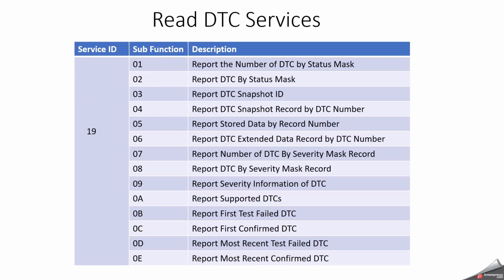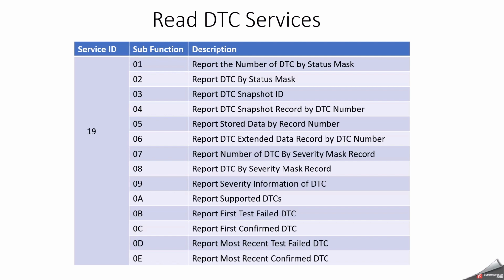As you all know, the 19 service is commonly used to read DTC. Basically, for DEM relevance, we can use 3 services. One is the 14 service, for clear DTC. The 19 service is for read DTC. You can use the 85 service for controlling DTC on and off. Here I have mentioned the 19 service, and under the DEM playlist and DCM playlist, I'm planning to cover all the services. At that time you will get more clarity. But here I have mentioned some subfunctions which are frequently used